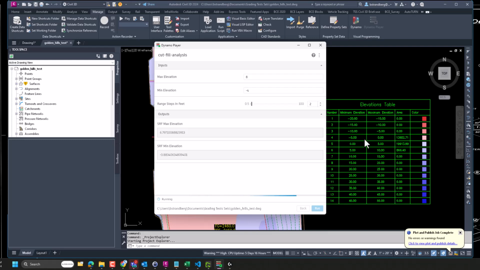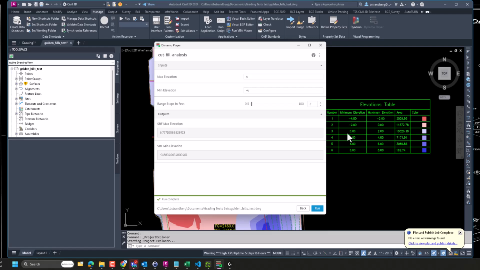And it's going to go ahead and set up all my intervals and my colors correctly based on our company